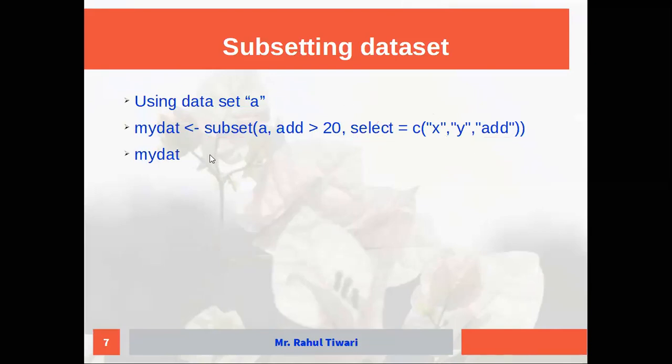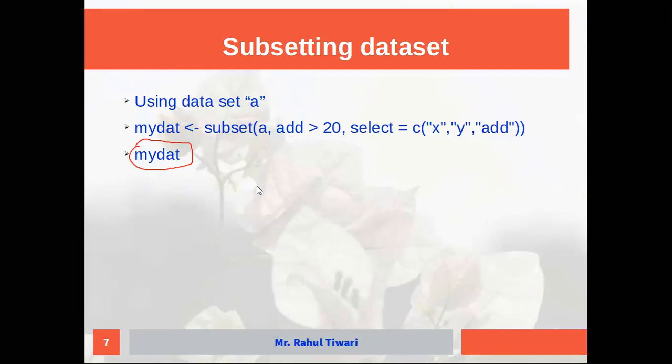Once you have done this, you just execute it. Once you execute this, it will show you your actual data, meaning the subsetting data. But you want to save that particular subset data, right? Once you get that data, I'm interested only in working on that data. I am not interested in working on the original data.